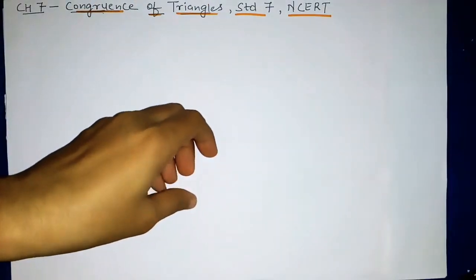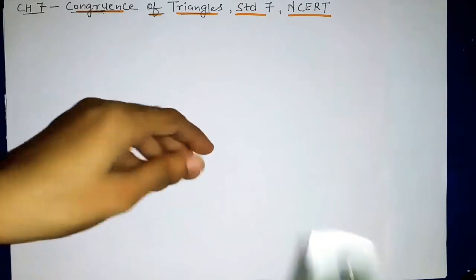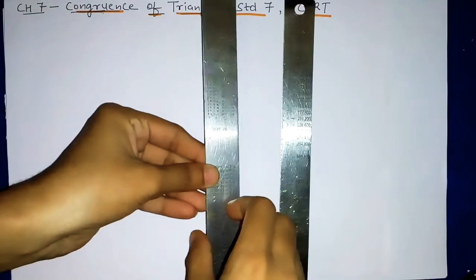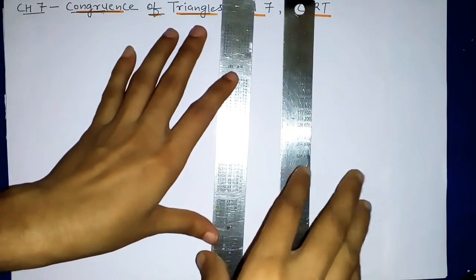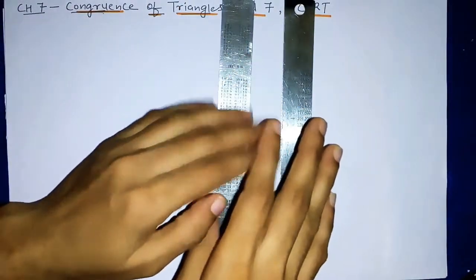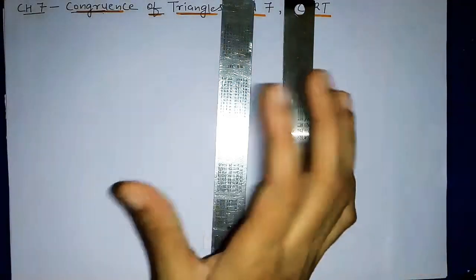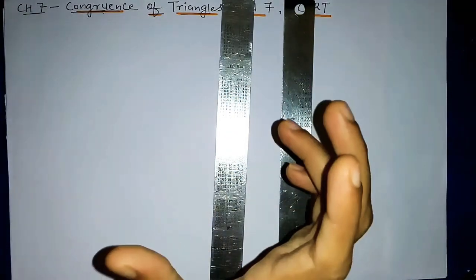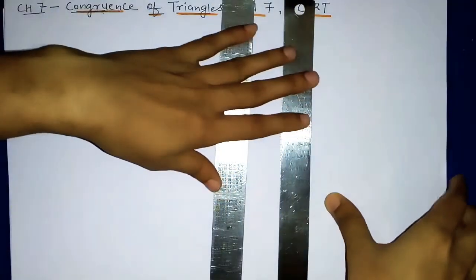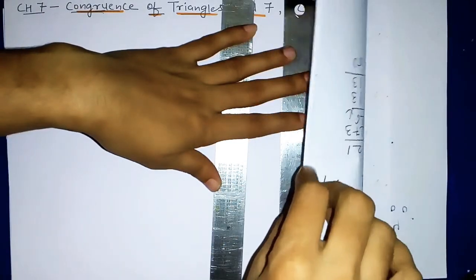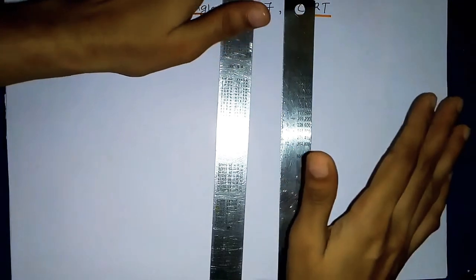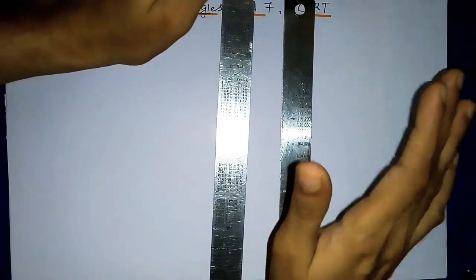Similarly, if you take another example, I have these rulers. These two rulers are the same in shape and size, so they are congruent. There are many objects around you which, if you see them carefully, are exactly the same in shape and size. You can take examples of blades, or pages of a book. Here also I have taken pages. All the pages exactly overlap each other, so they are all congruent. Congruent means objects having the same shape and size, and they should overlap each other.